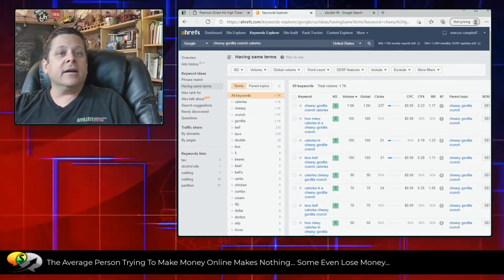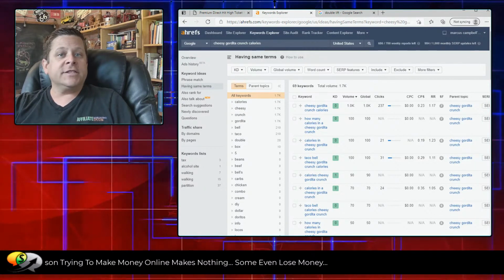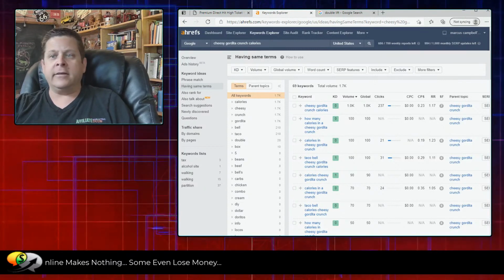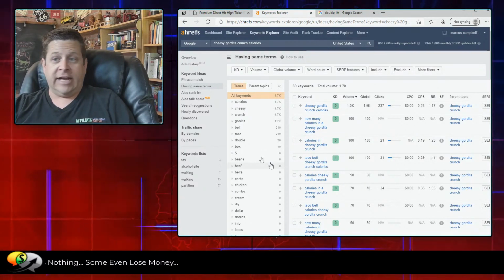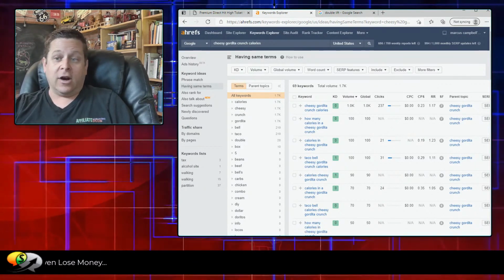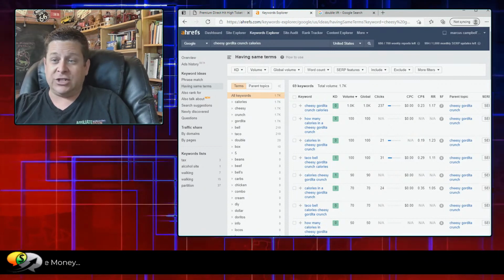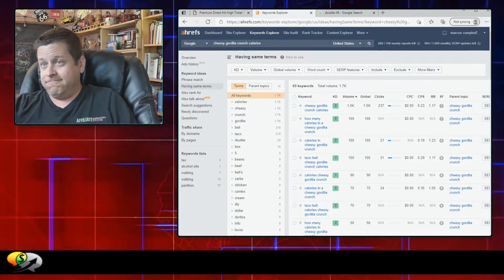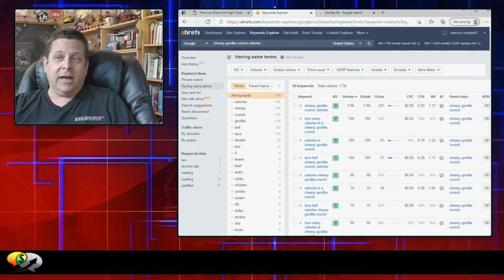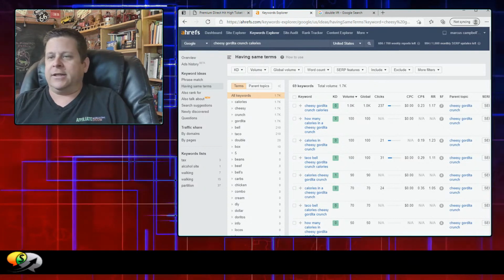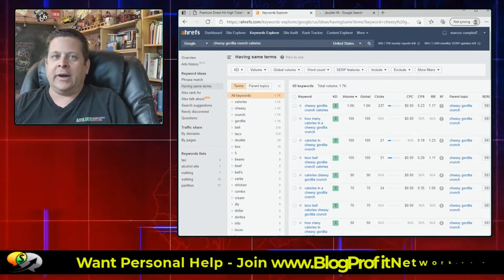Let's see here. Health says they suggest the longer the keyword, the more buyer-centric they are. Not necessarily. Not necessarily. How many calories in a cheesy gordita crunch? That's pretty long. Are they looking to buy a cheesy gordita crunch, and can I sell them one online? No. So that doesn't really work. Long tail doesn't really judge anything. It's just a long keyword. That's all it is. Long, short, it doesn't matter.